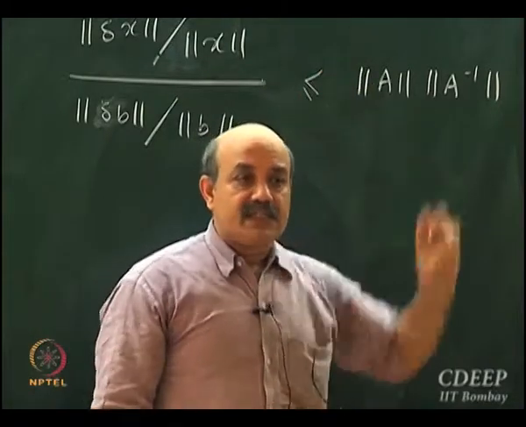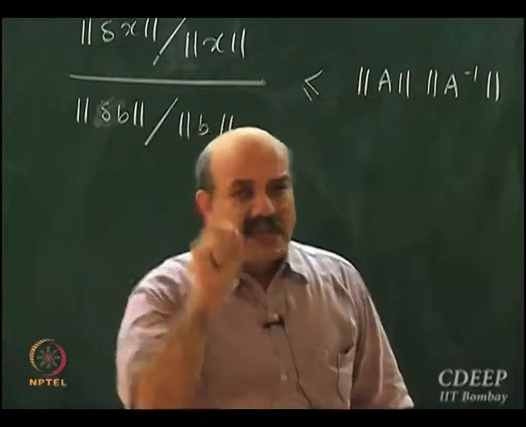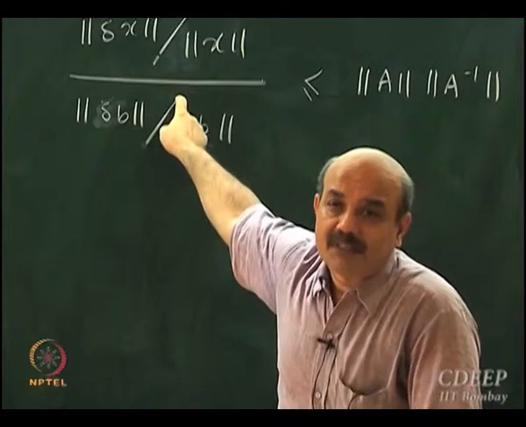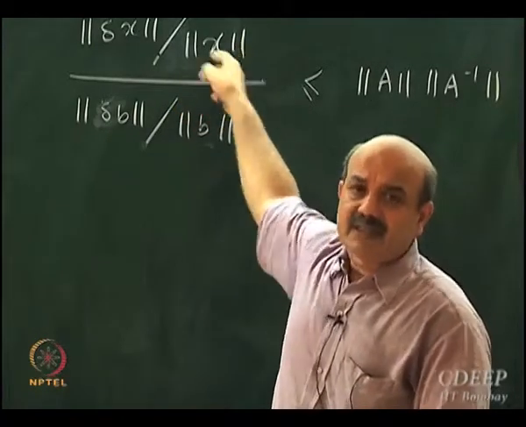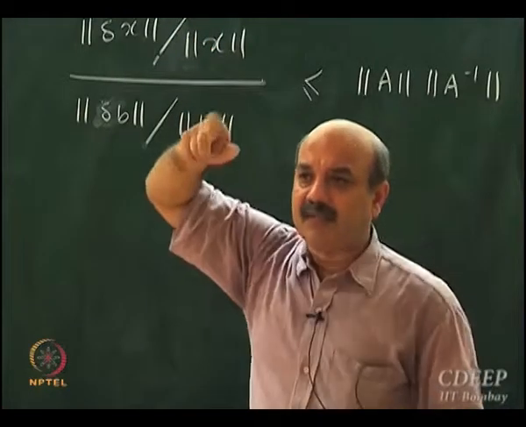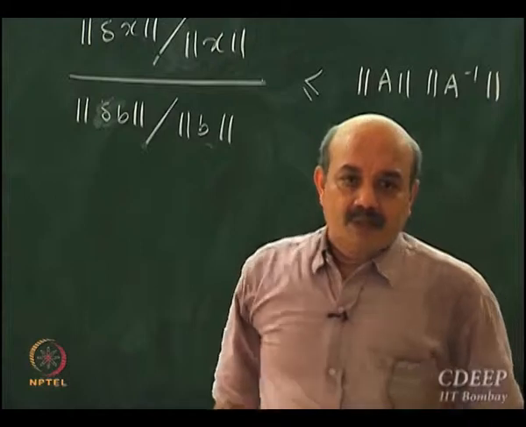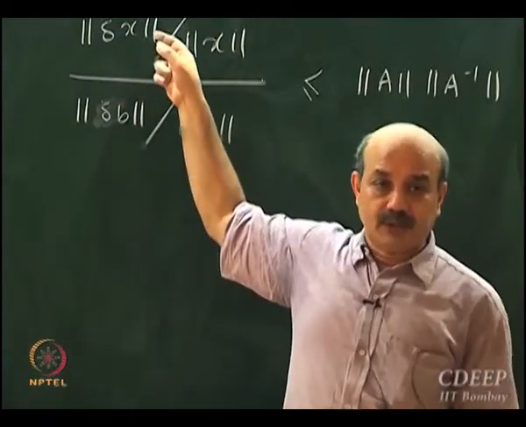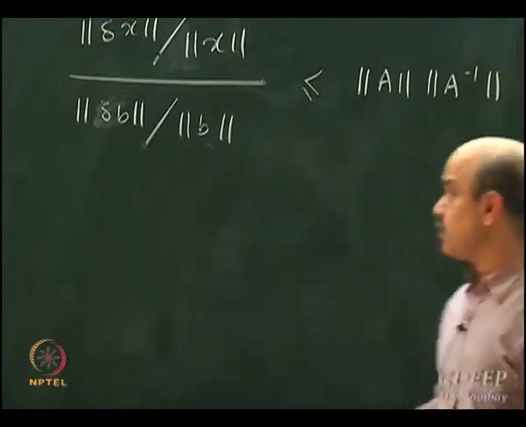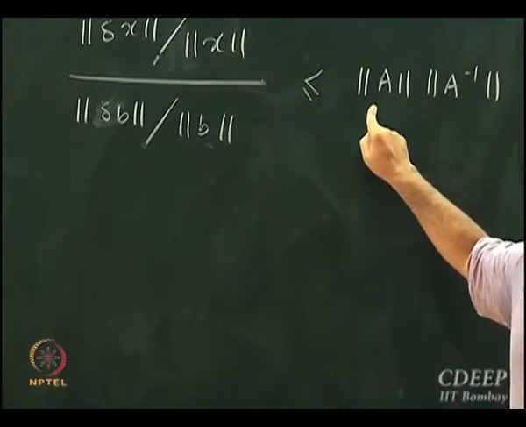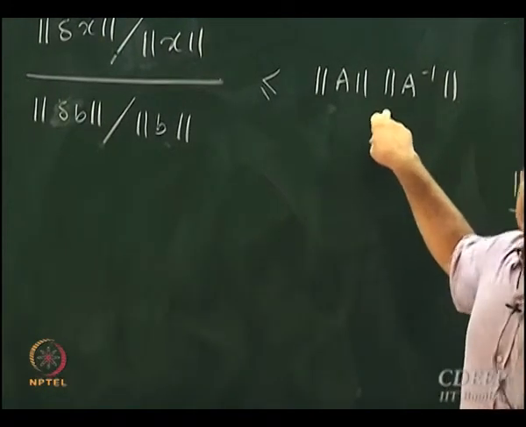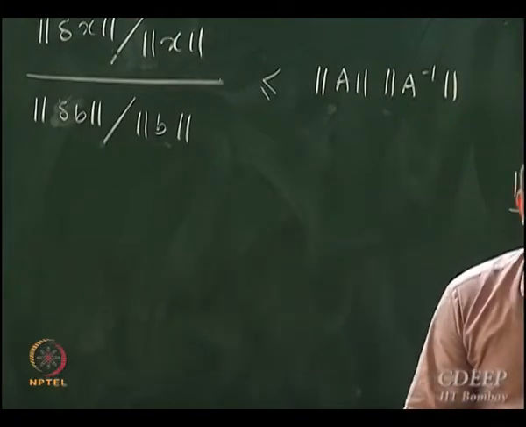So if you have a slight error in representation of b, what is the maximum possible fractional error in the solution? Norm delta x by norm x is something like a fractional error, right? So what is the maximum fractional error that you get in the solution? This is bounded fundamentally by the multiplication of two quantities, norm of A and norm of A inverse. This norm of A into norm of A inverse is called the condition number of a matrix.